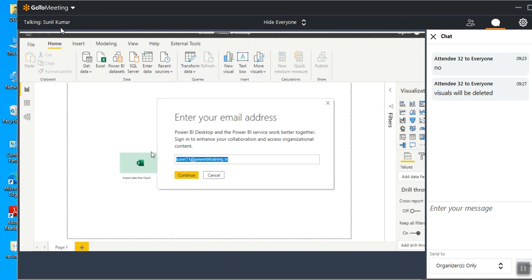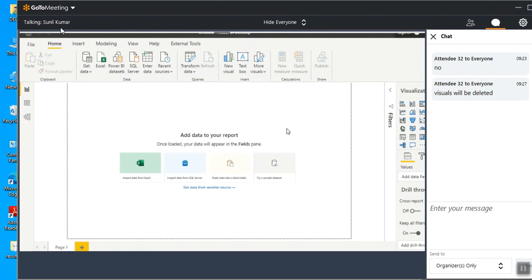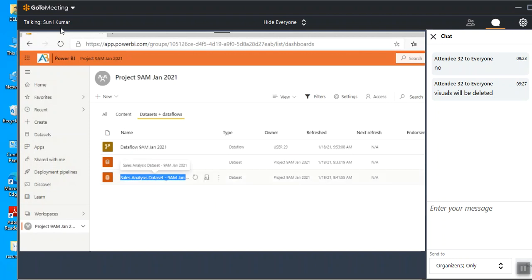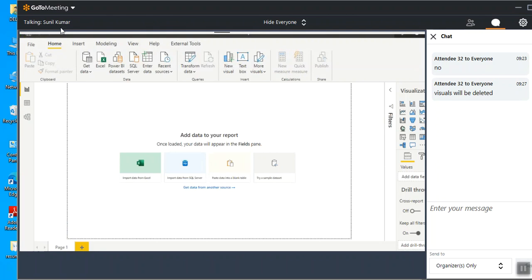Click on continue. Might be it takes time. So when I click on continue, tell me, can user 31 access this data set and create the report? No, it is not possible.